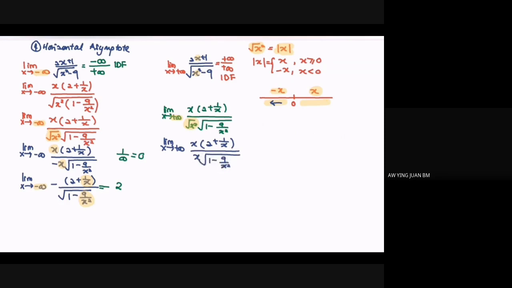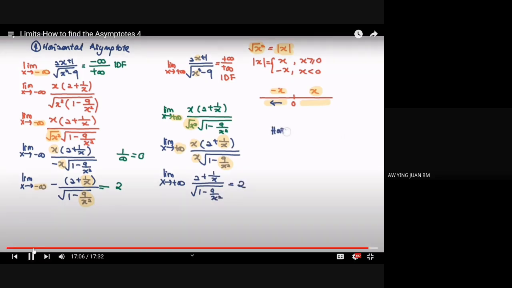So now we are going to substitute the value infinity. In this case, we will obtain 0 in this part and 0 in this part. And we have a common x, so we can simplify. So finally, the limit as x approaches positive infinity for the function approaches the value 2. So in this case, the horizontal asymptotes are y equals negative 2 as x approaches negative infinity, and y equals 2 as x approaches positive infinity.